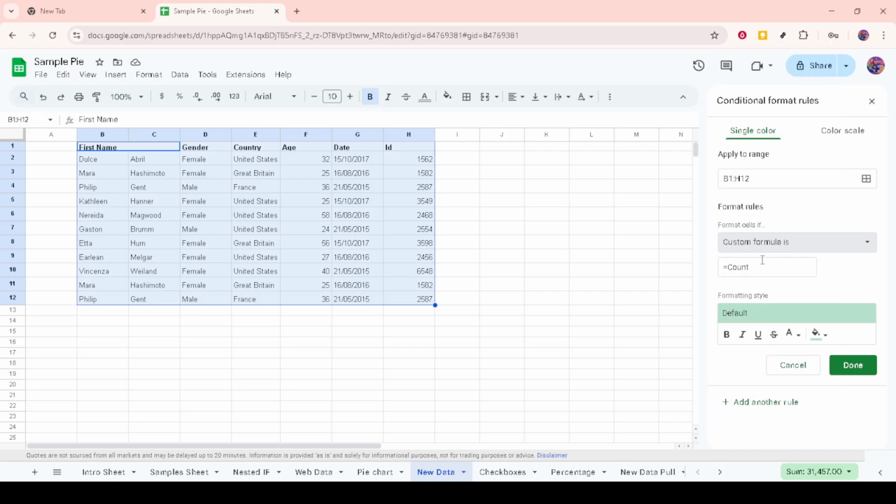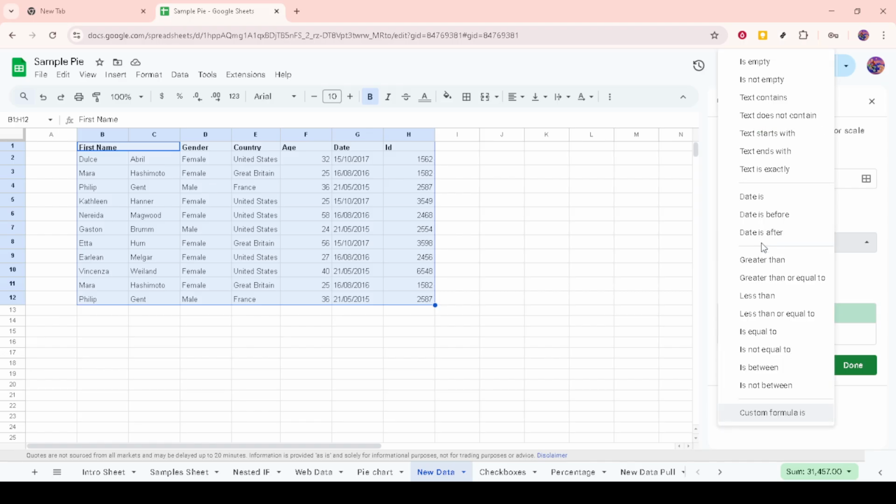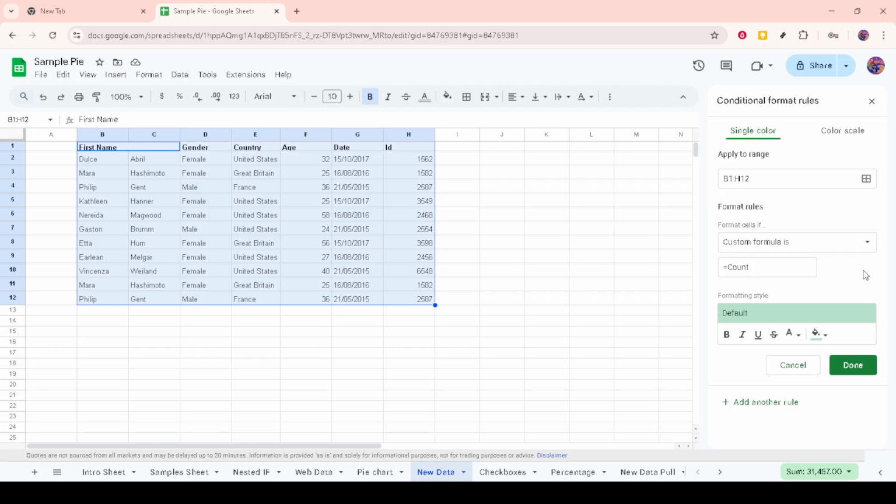With the Conditional Formatting pane open on the right side of your screen, you'll see an option labeled Apply to Range. Click on this to select the range of cells where you'd like to check for duplicates. Be specific with your selection. Highlighting the entire column or just the rows you're working on can help in narrowing down the data you'd like to analyze for repetitions. Next, under the Format Rules section, look for the drop-down menu and choose Custom Formula Is. This will allow you to insert a formula that identifies duplicates in your selected range.